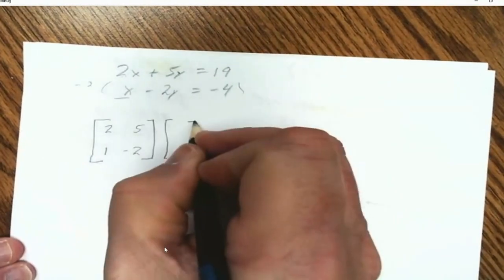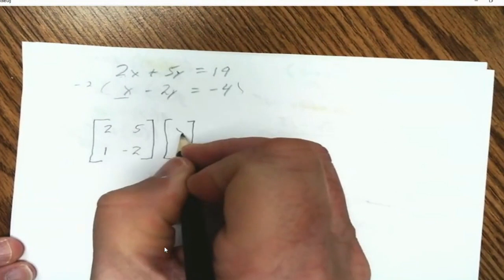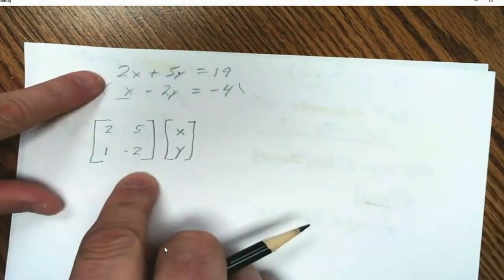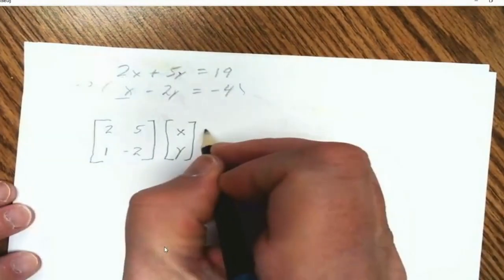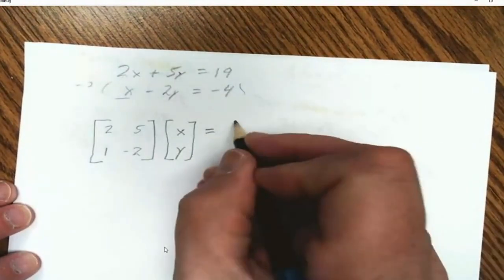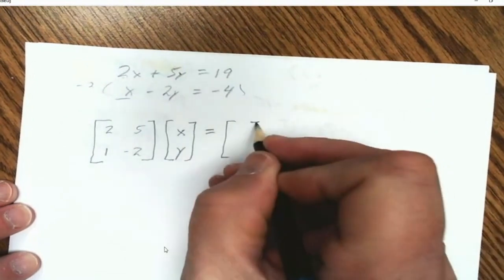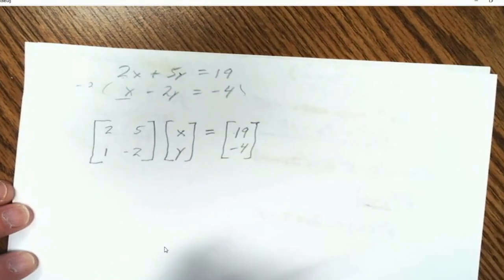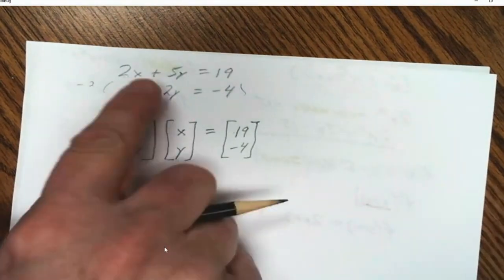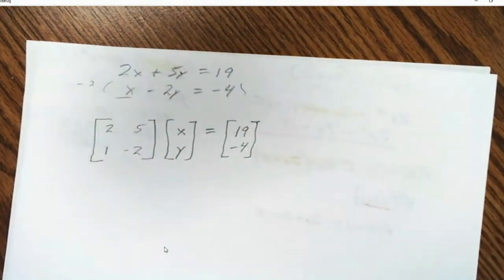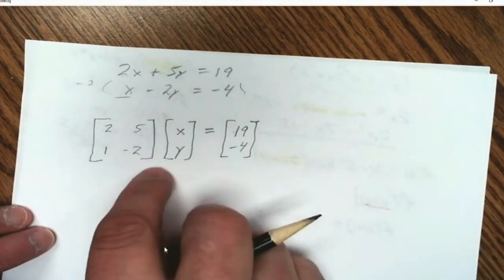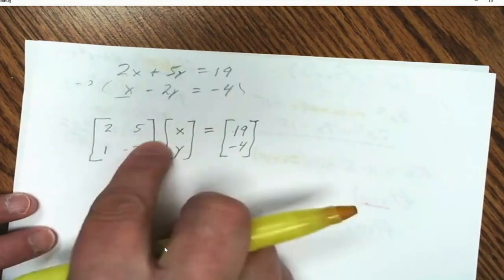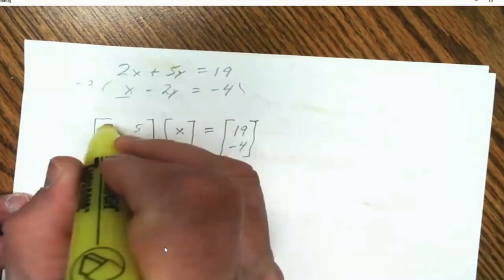And then we have this matrix, x, y. Okay, this is equal to that before the equals. And it equals 19 and -4. So this is representing this system equation with matrices. We can show this is equal because when we multiply them together, it equals this. So you multiply the first row